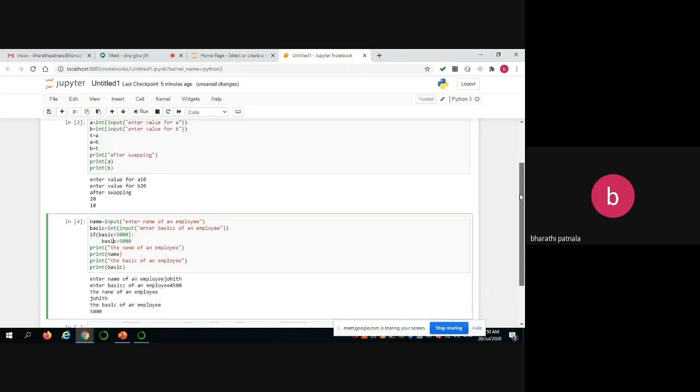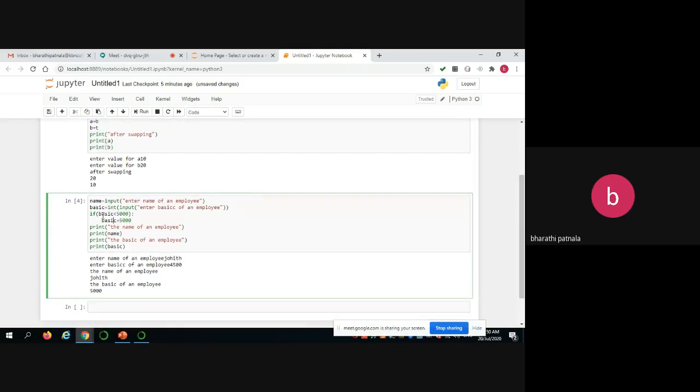In the previous example you gave 50,000. 50,000 is not less than 5,000, the condition is false, so it does not enter this particular block. Simply print name and basic. So simple if is used for this type of example.